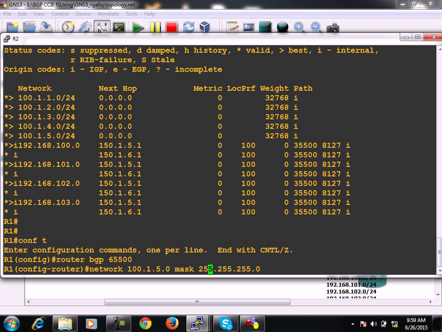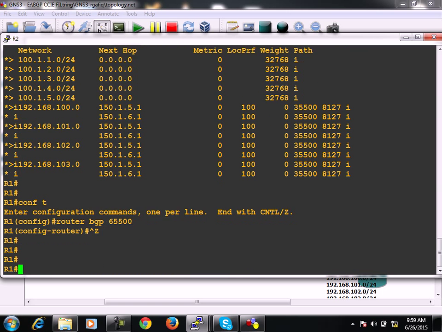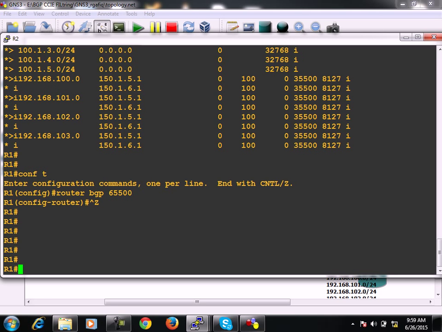Oh, I have advertised it. It is there. 100.1.5.0 is there, so I have already advertised it. Now it is advertising all these prefixes in the direction of